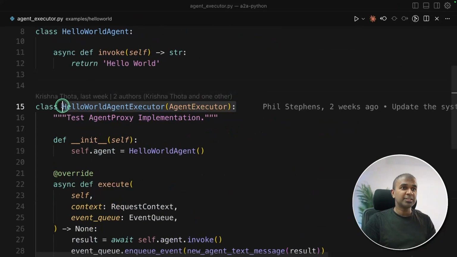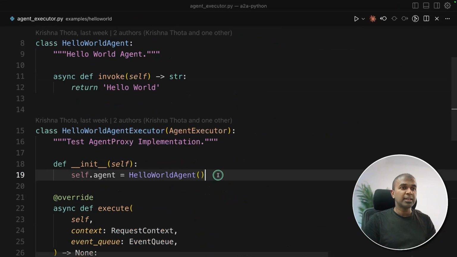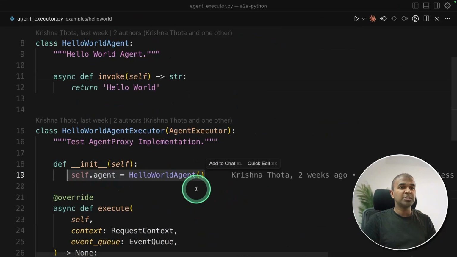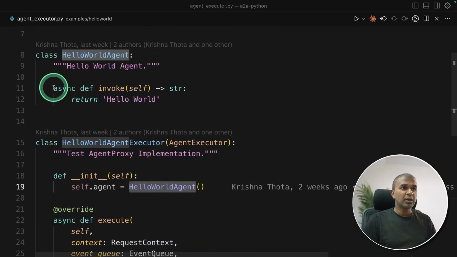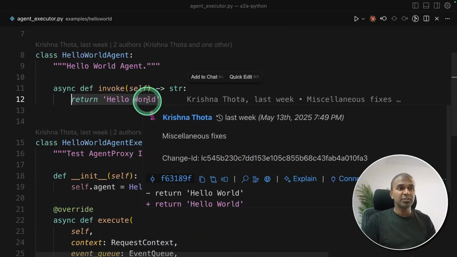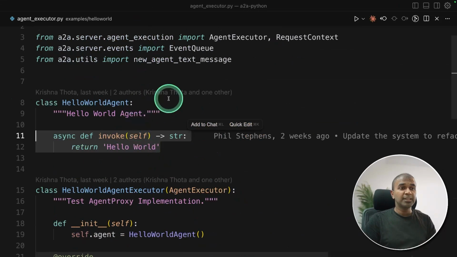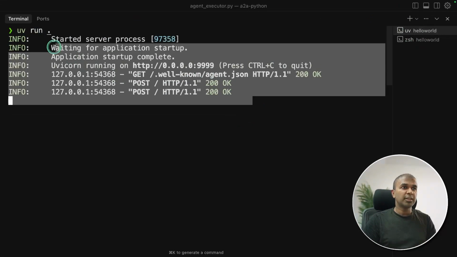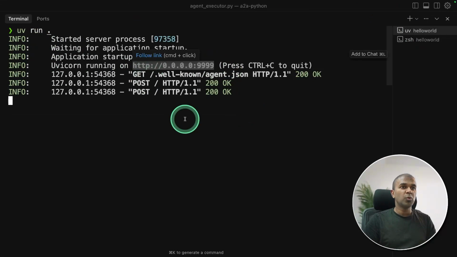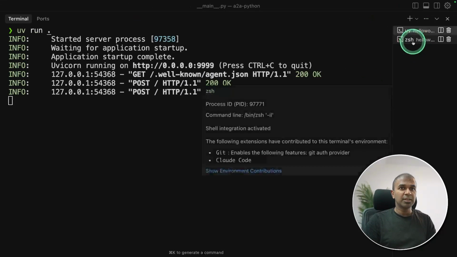So here is the main executor class that executes whatever framework you define. And here you can define the agent. The agent will contain a function called invoke. Here is where you can call a large language model using its API, or you can even do function calling, MCP. Everything is done within this invoke. That's it. These are the key functions which you need to remember. So that's what we are running here, and it's running in this URL as we have defined that here in the server. Now let's come to the client.